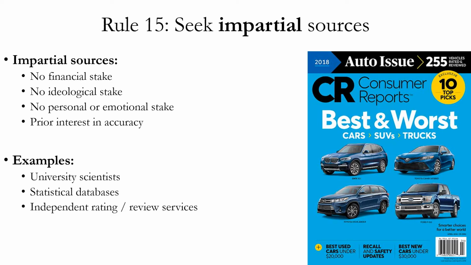Another type of source that's often impartial is a source that provides an independent rating or review, such as Consumer Reports. If it's a biased source, then it would become common knowledge that they were less reliable. They would get fewer customers, or fewer views on their web pages, and so they would lose money. So they actually have a financial incentive to try to be as unbiased as possible. Another example is a government agency, provided they're not under a lot of political pressure. So if they have a degree of political independence or autonomy, government agencies can actually be good sources of information.